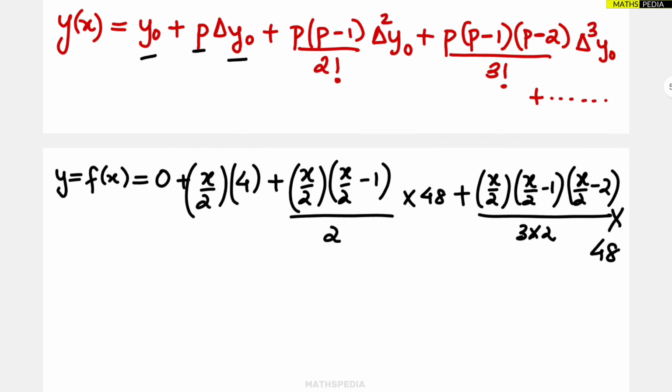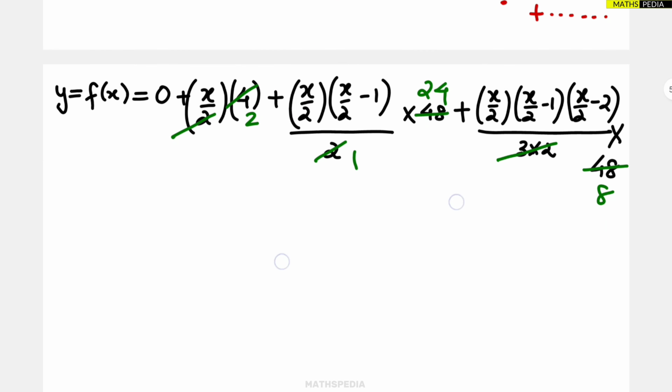Now you have to do the cancellation and all. We'll see. So 2 ones are 2, twos are cancelled. 2 and 2 24 it will go. 6 8s are 48. We are getting here 2x plus